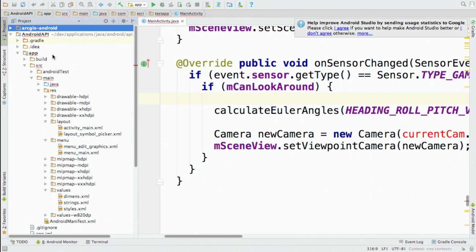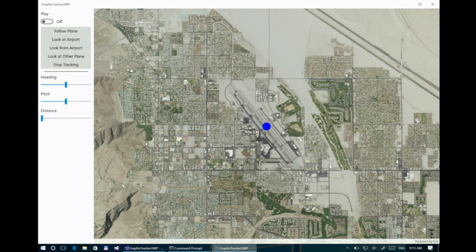I showed you basically 3D running on iOS, 3D running on Android, 3D running on a Mac. I showed you using the Qt API, I showed you Java, I showed you native iOS for that application, I showed you native Android on my phone. We have one API that's missing right now, which is the .NET API. And I'm just going to show you quickly